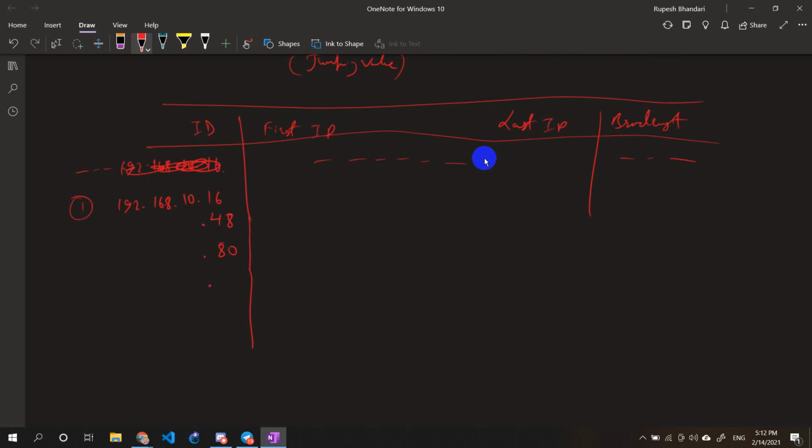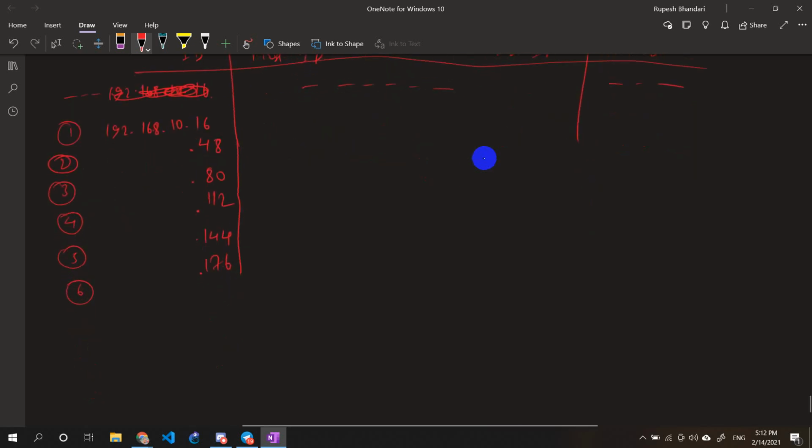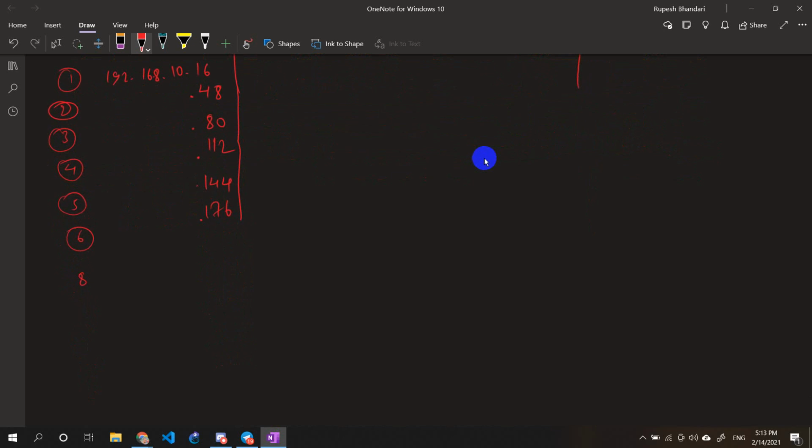So even though there are all these values over here, I'm just counting from here. Okay, 3, 4, 5, 6, 80 plus 32, 112 plus 32 is 144, plus 32 is 176, and then 7, 8. Okay,